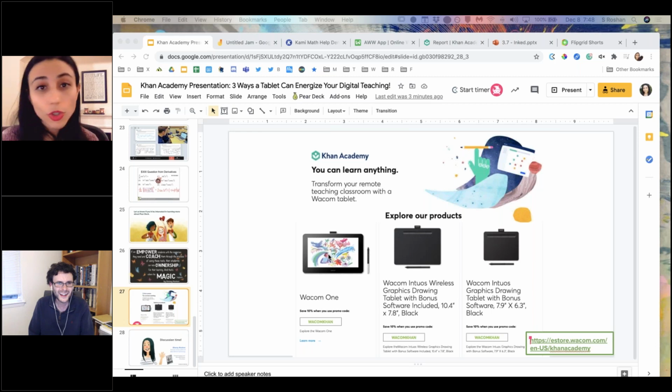It's a huge tool. If your school already has it and you haven't explored it yet, I really recommend checking it out. If you have any questions, I have a video library on Kami itself. I use it for lesson planning, and I use it as my daily notes because I can just mind map whatever I want to do, and I'm using my Wacom one for that because I'm plugged in pretty much all the time right now. So I hope that helps.